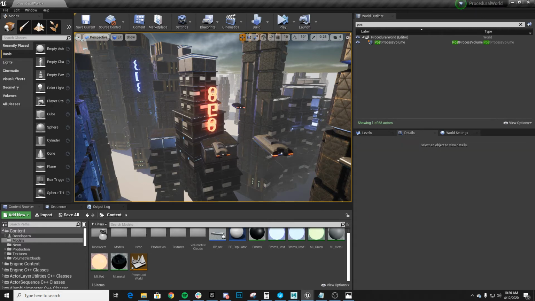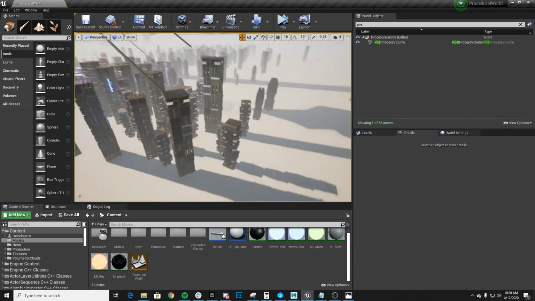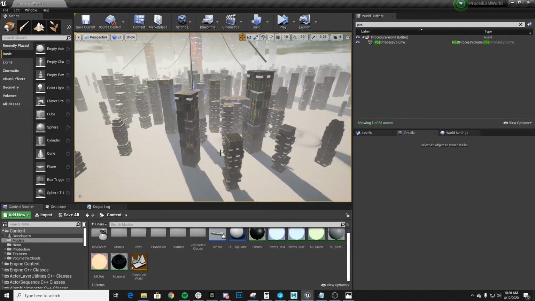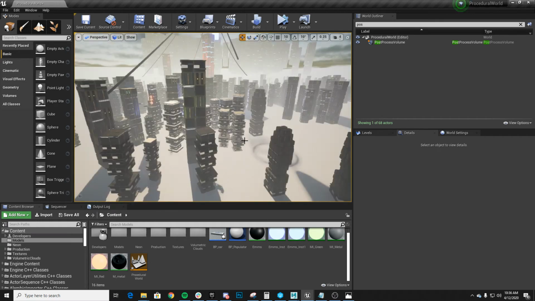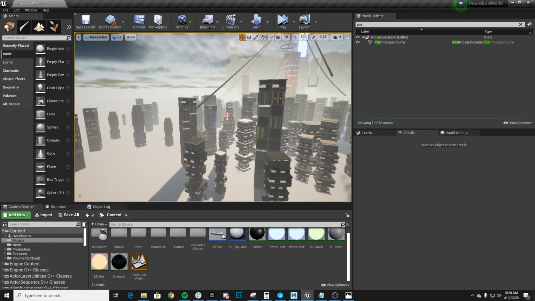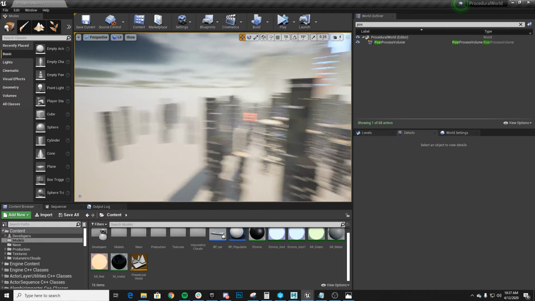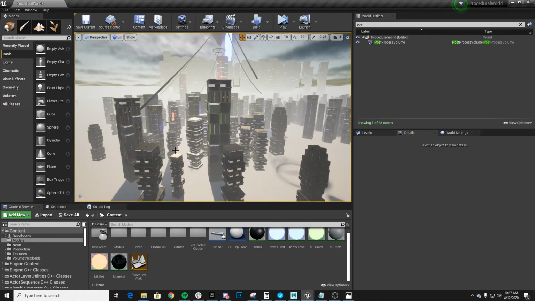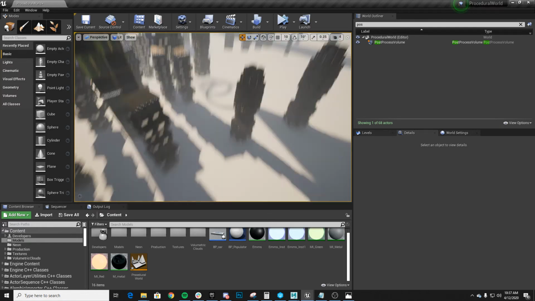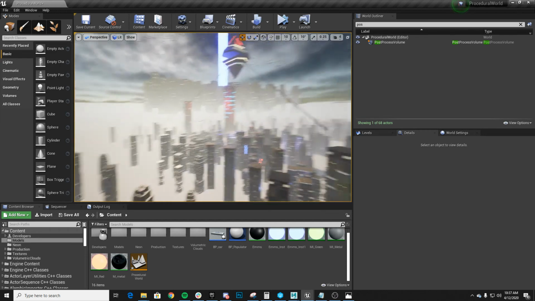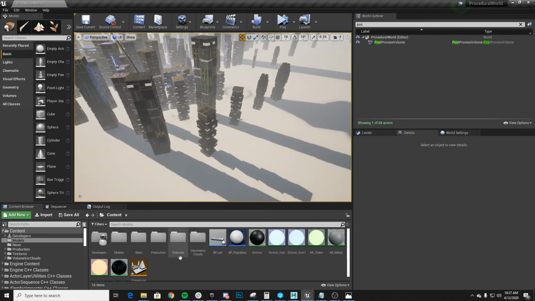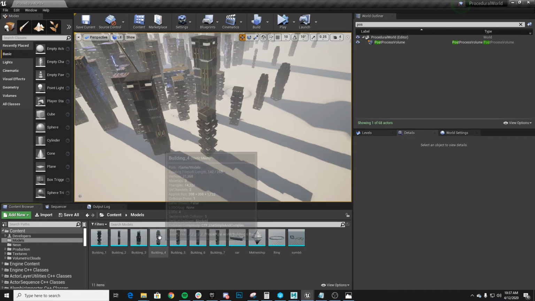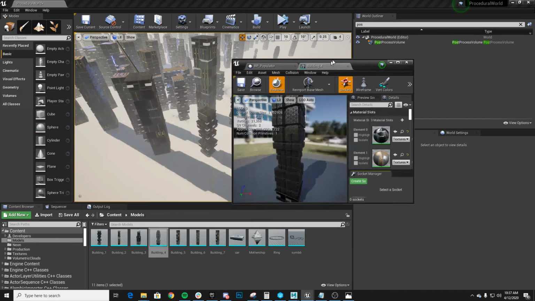That's pretty much it. The second aspect of this whole thing was optimization. Each building is a few thousand tris, even after cleaning up, so they can get pretty expensive in terms of the tri counts, and they were crossing a few hundred millions once I started populating it with hundreds and hundreds of these. So Unreal has this sweet auto LOD system where you can basically go in and then